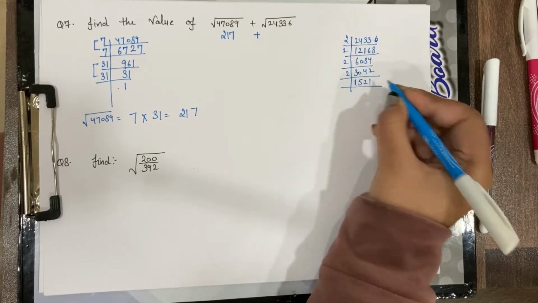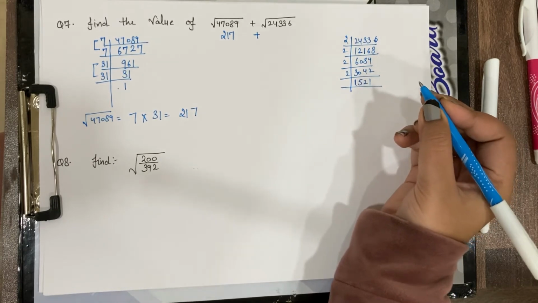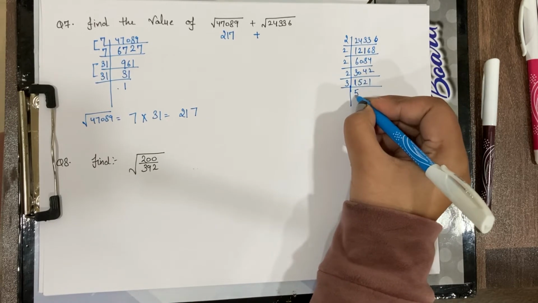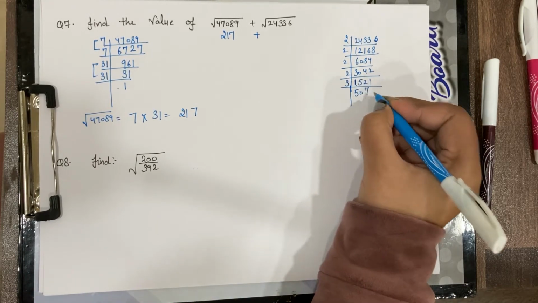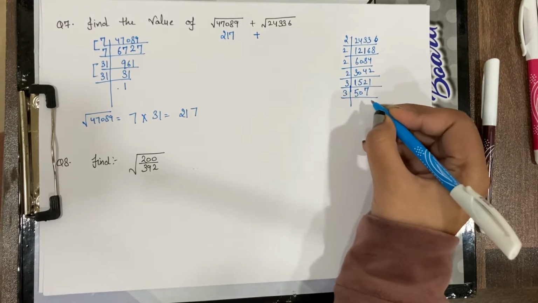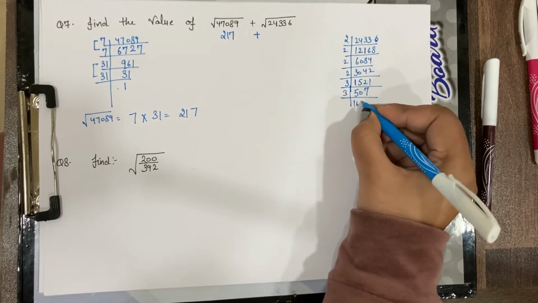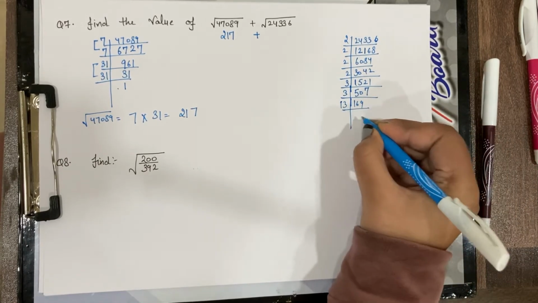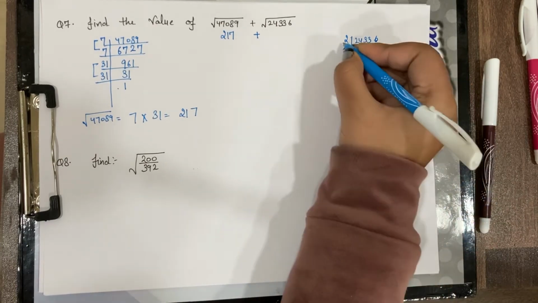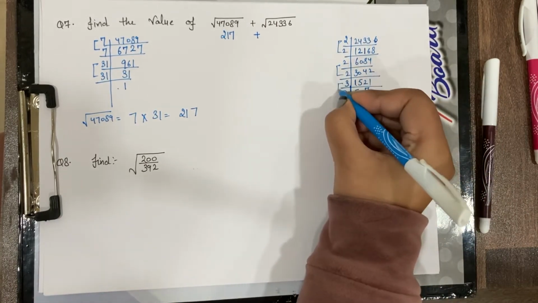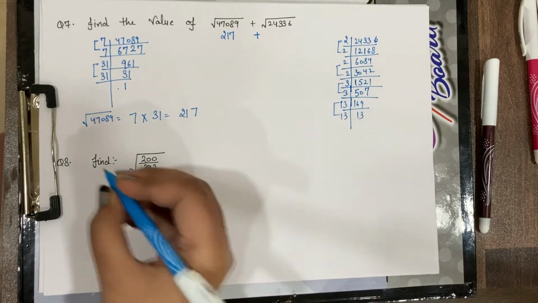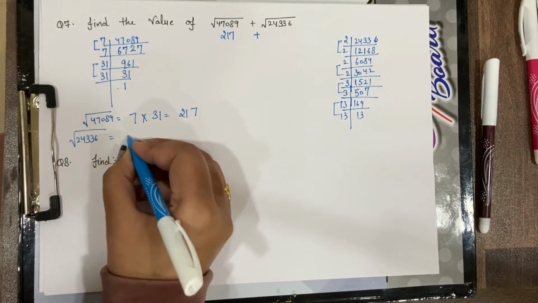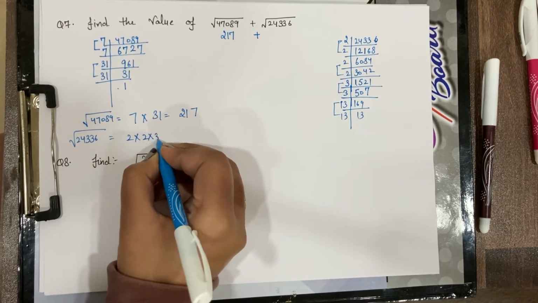Now 1521 is not divisible by 2 as it is an odd number. So let us try 3, and it is divisible by 3, giving 507. Again it is divisible by 3, giving 169. Again, no, it is not divisible by 3, it's divisible by 13. So let's make pairs. First is this, this, this, this. Pairwise it is complete. So the square root of 24,336 will be